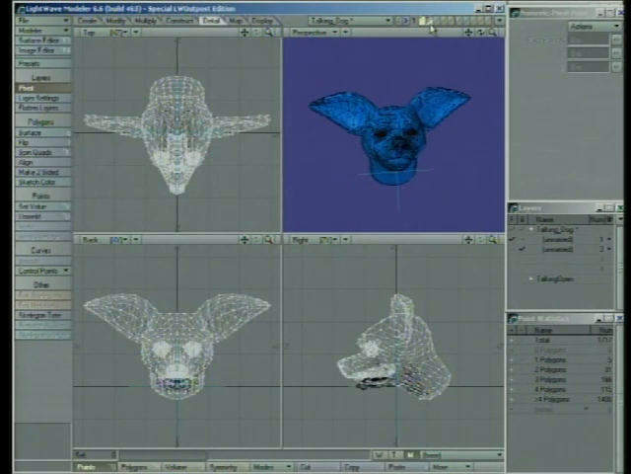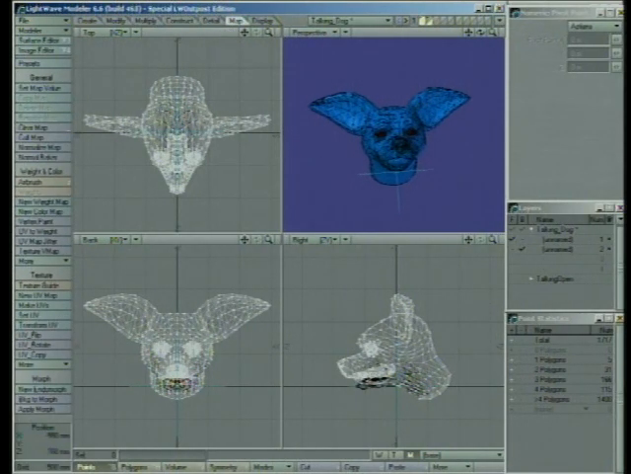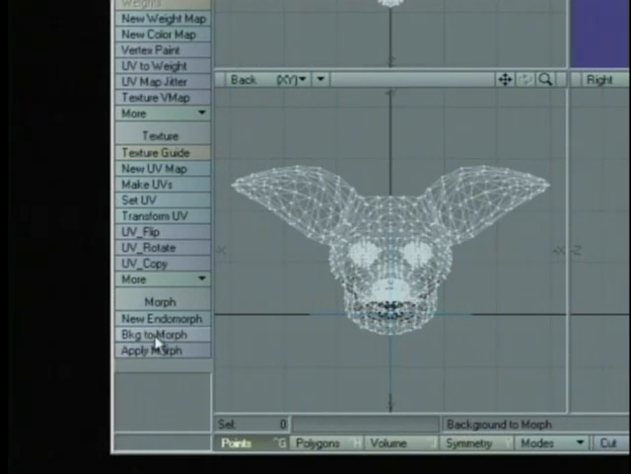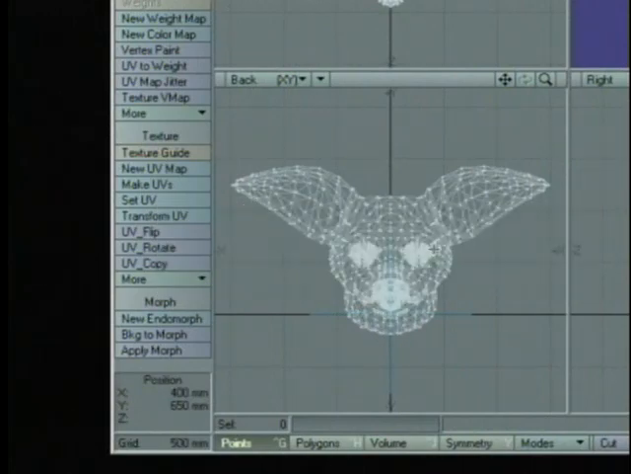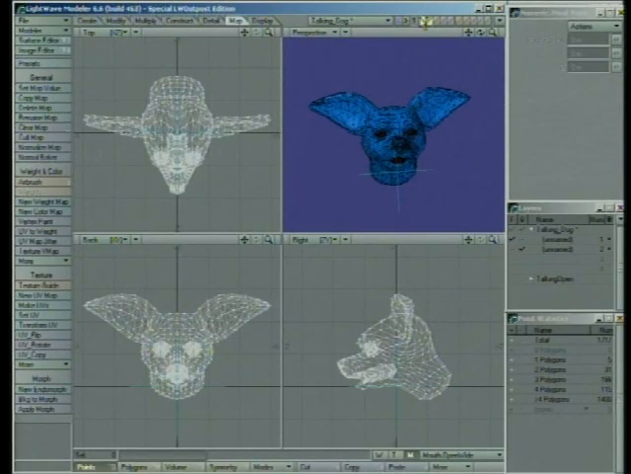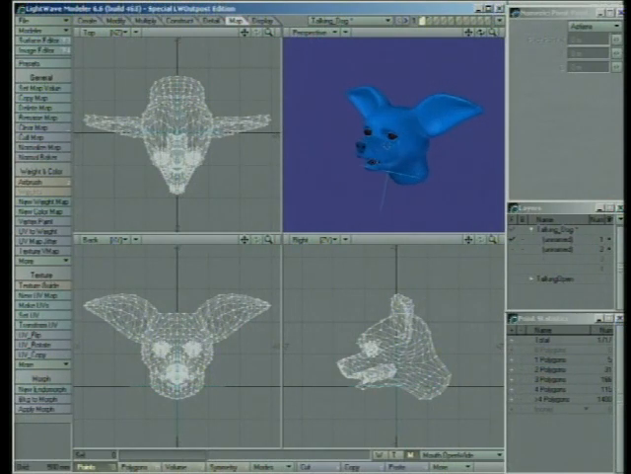mouth open to the background, and under maps there's a function called background to morph. So if I click on background to morph, it's going to read the background file, and it's going to create a new endomorph. So we'll call this mouth.openWide. Say OK. And now it has read the background layer and created a morph target called mouth.openWide for the